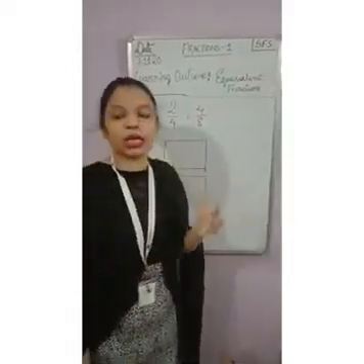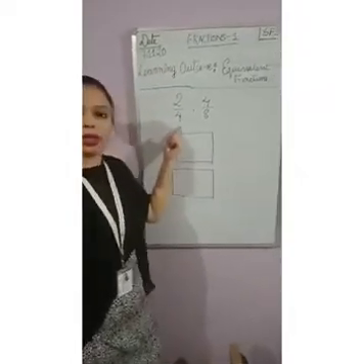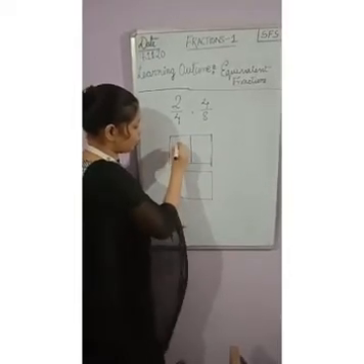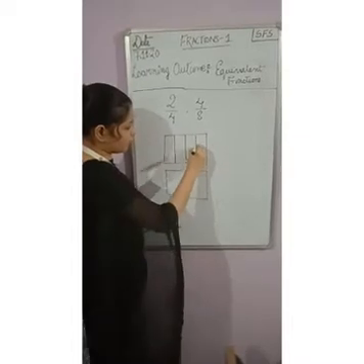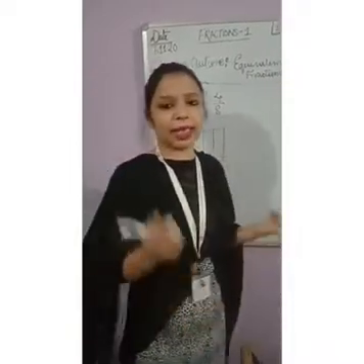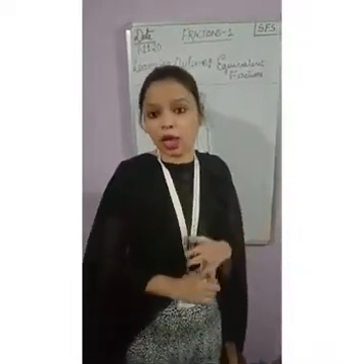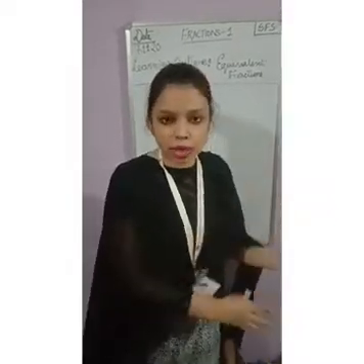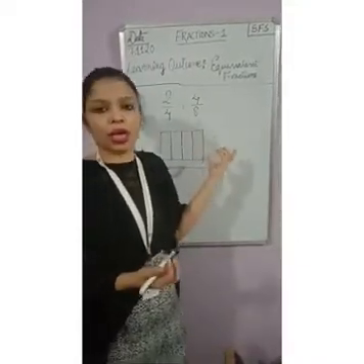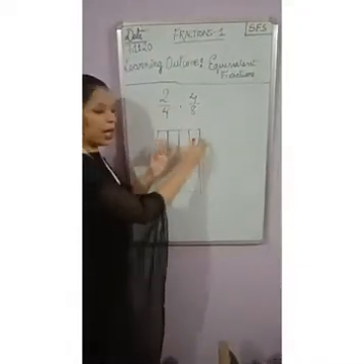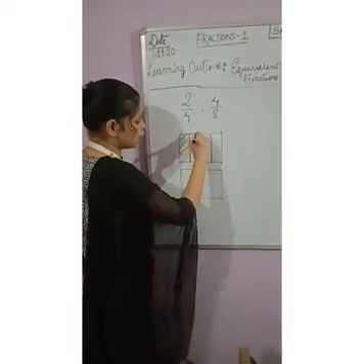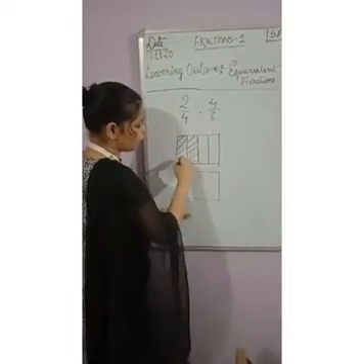Now you know the total number of equal parts is represented by the denominator. So I will divide this object into 4 equal parts. Now how many parts are there? The numerator 2. So 2 can be anything. It can be shaded, unshaded, dotted, colored. Since it is not asked here what it is, I will shade or take 2 figures out of the 4. Now to differentiate these 2 from the other 2, I will just use these black lines to represent that these 2 figures I have taken out of 4.